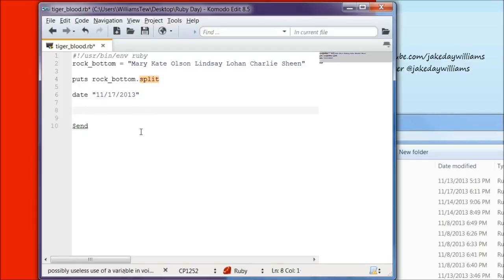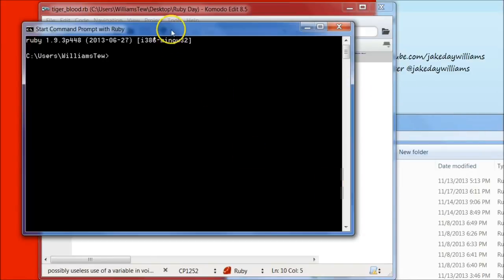and then we're going to do puts variable date dot split, and then we want to target these forward slashes because we want each part of the date to be on its own line. So what we're going to do is parentheses quote /, and that targets. Now I have already put in the error, and so if you can catch it, good, then you've been paying attention. So let's go ahead and save it, then pull up the start command prompt with Ruby